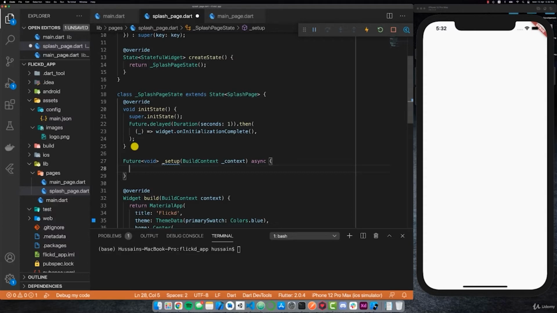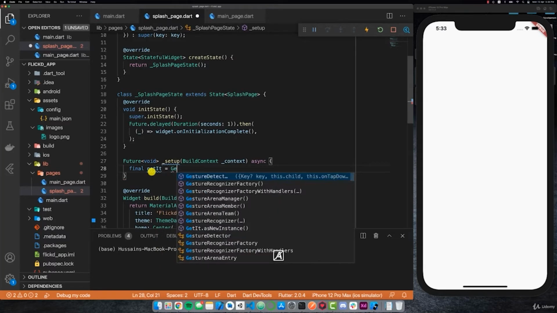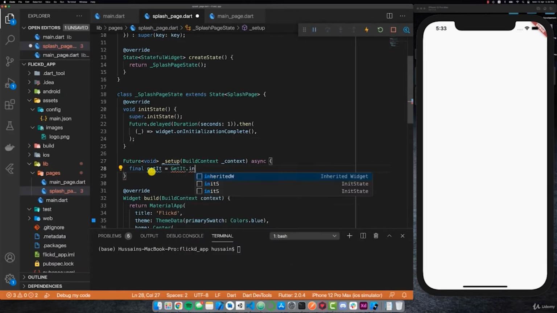So the first thing that I need access to is going to be the getIt package instance. And the getIt package is going to be the package that allows us to register Singletons for different classes that we have inside of our application and then make them available to us. So what is a Singleton, you might ask? Well, a Singleton is just one instance of a class that is globally accessible and the same everywhere. So we're going to get started by defining a final variable, and we'll call it getIt. And then we're going to set it to GetIt and then .instance,